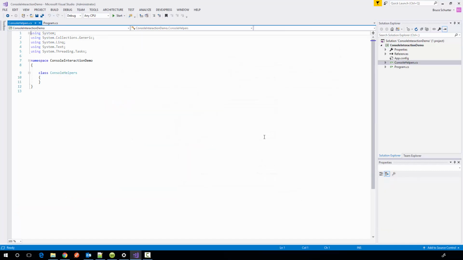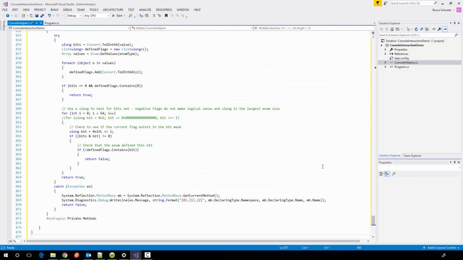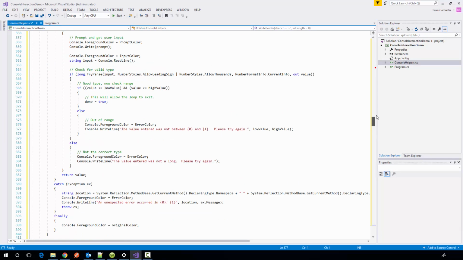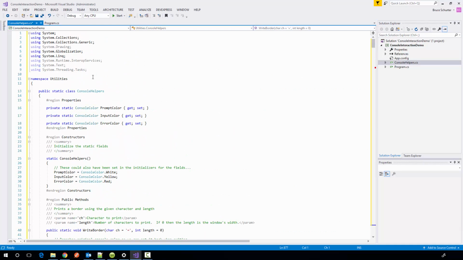I'm going to call it console helpers, and just paste that code in. You'll notice here that it has a namespace of utilities. So if we're going to use it, we have to have a using statement in our other class, the program class, to utilize utilities. So all I did was add a new console helpers class and pasted the code from console helpers. If you want, you could also literally copy the file to the appropriate directory, and then you can